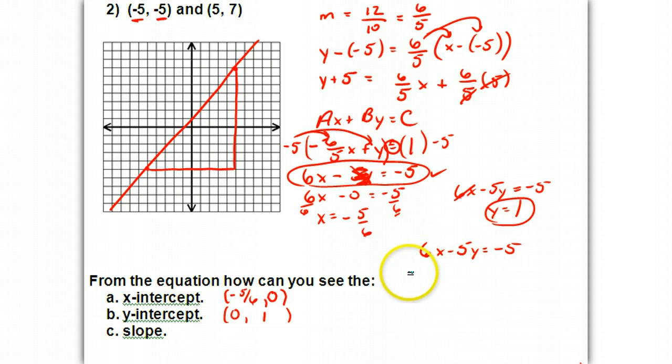So let's go ahead and do that. I'm going to get -5y is equal to, subtract 6x from both sides, gives me -6x minus 5. And now to isolate for the y, I'm going to divide everything by 5. Sorry, divide by -5, I should say. So if I divide by -5,